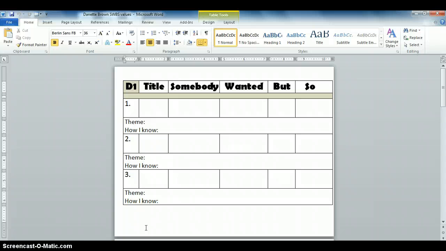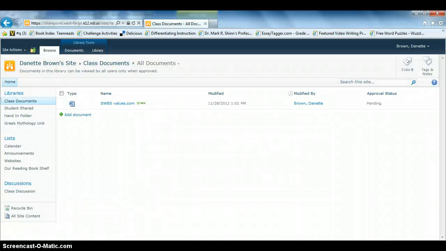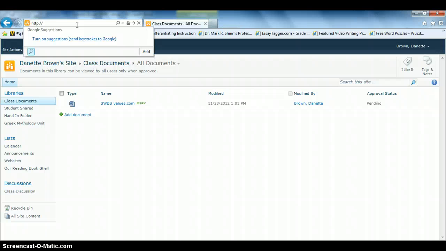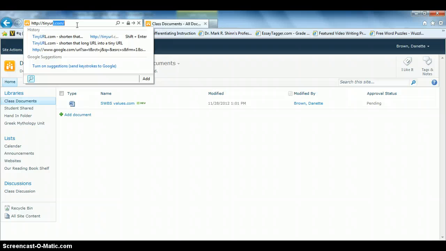Now that we have our Word document loaded and ready to go, we're going to find the websites that we need to visit today. So, going back to our Internet Explorer, we are going to type in the following URL. So you can go ahead and in the URL box, just hit backspace and you're going to type the following: http://tinyurl.com/